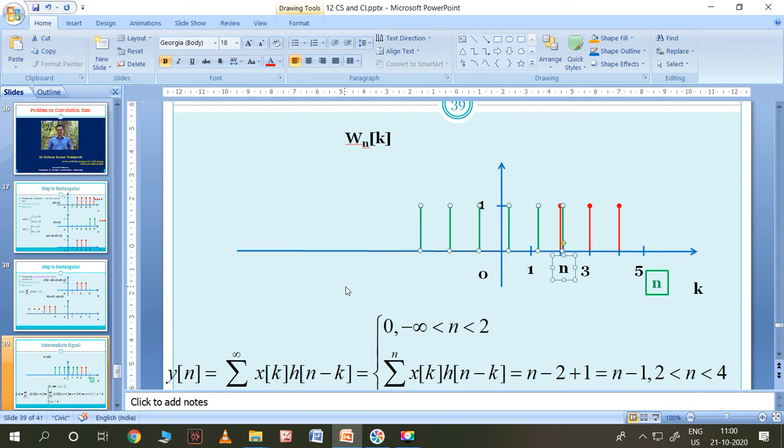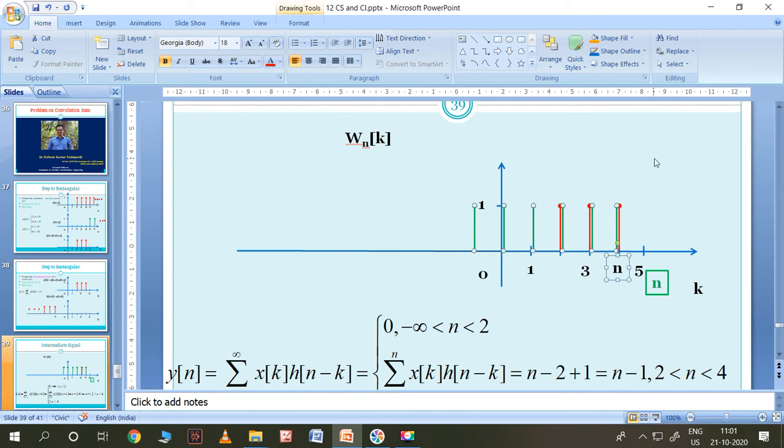If I multiply these two, what is the value? Only 1, right? At n equal to 2 I will get 1, and at k equal to 2 I will get 1, because 1 into 1 is 1. Here 1 into 1 is 1, here also 1 into 1 is 1. This value will be 1, plus this value will be 1, so finally I get the value 2. Similarly, if n equal to 4, what is the value? The value is